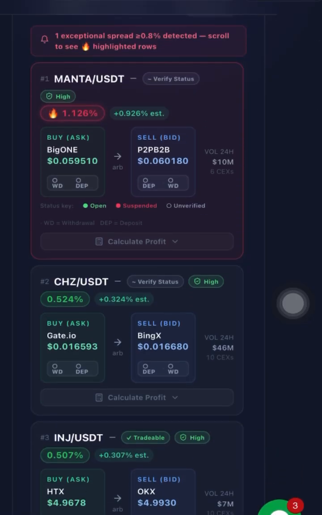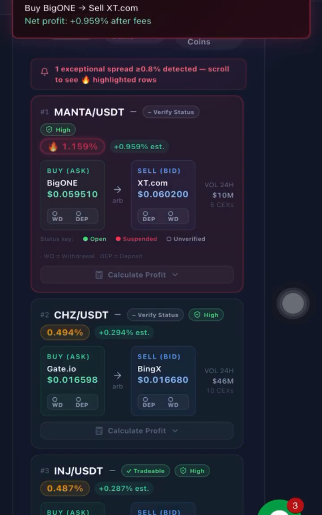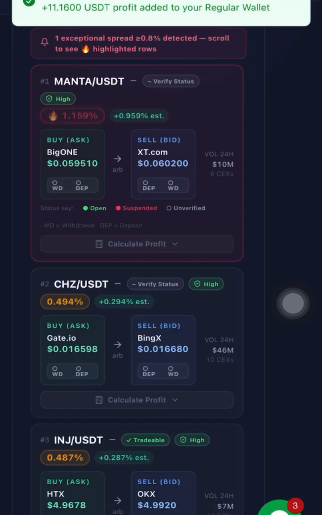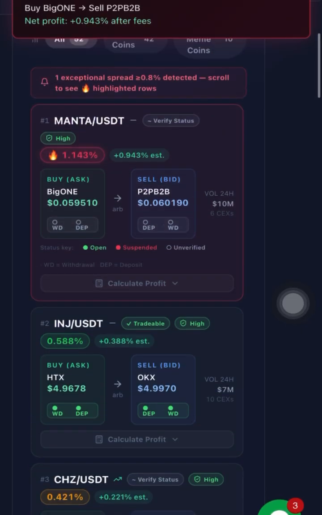When you get opportunities like this, you know that this one is for exchange to exchange. That means you are buying the crypto at a lower price on one exchange, and you'll be selling it at a higher price on the other exchange, right? I've already told you that you have to trade pairs or coins from 0.5 upwards spread. So when you get some, you trade, you make your profit.